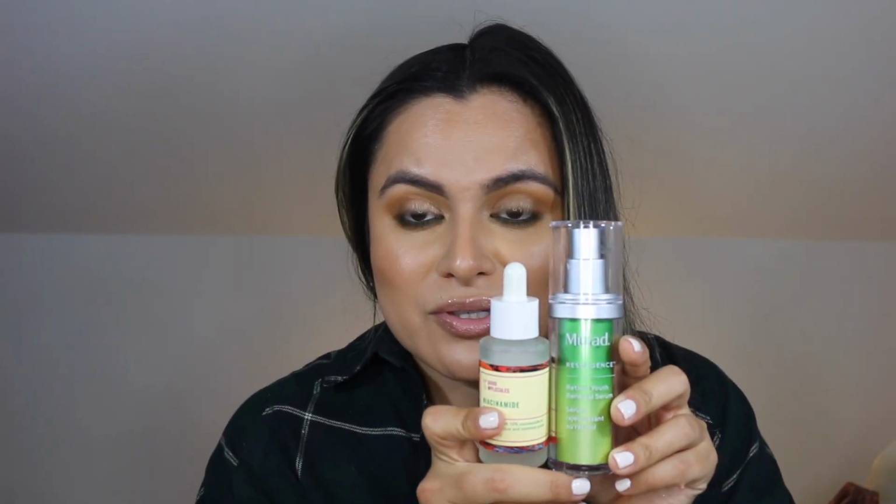There are some nights where I have been pairing these two together and my skin typically wakes up feeling smoother, brighter, and plumper with no redness or irritation due to the retinol. I didn't even flake from using this, to be honest. So what I do is I'll take 2 pumps of the retinol serum, wait a few minutes. Sometimes I'll give it about an hour, go about my business, and then I'll come back and apply